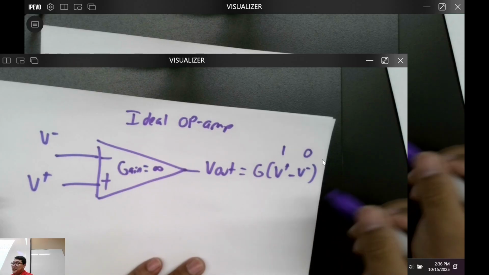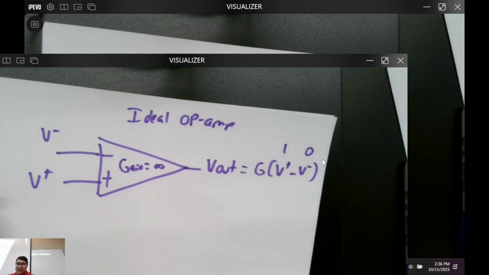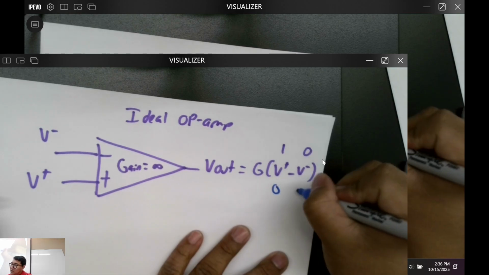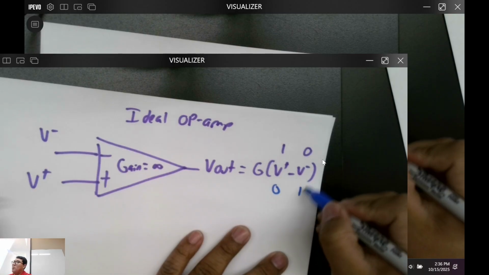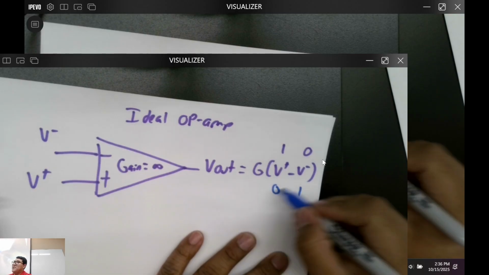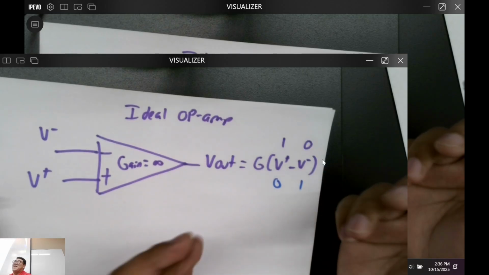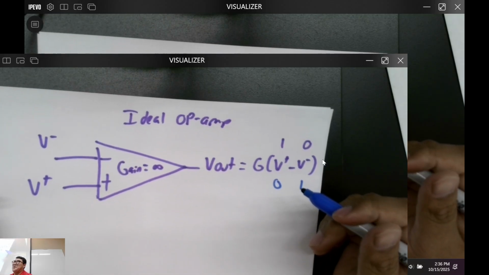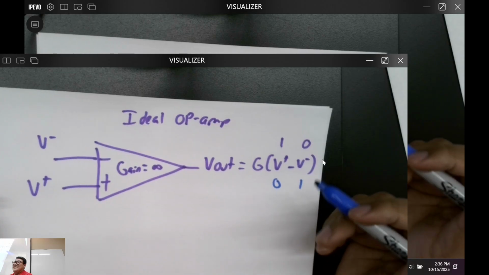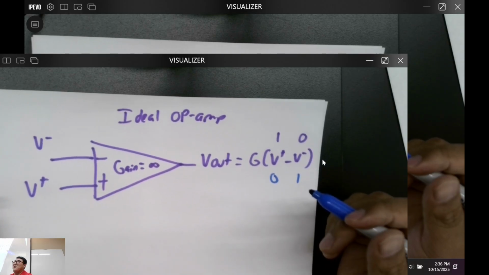Positive, right? And then what happens if it was, let's say, just use the blue marker, if it was 0, 1? So now we have more negative, which means the total output voltage would go to minus infinity. And now you're thinking, oh, an amplifier with infinite gain, can I put in 1 volt and